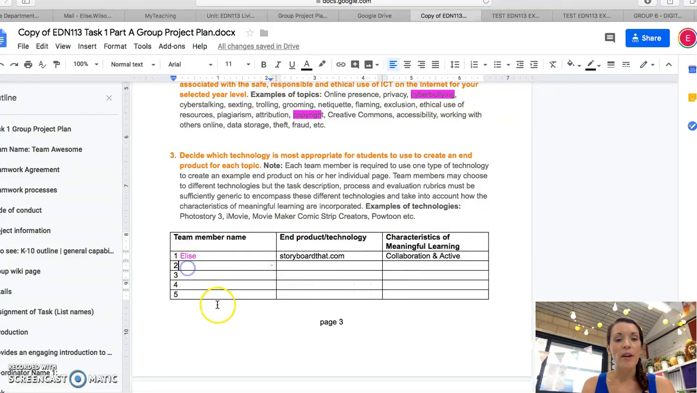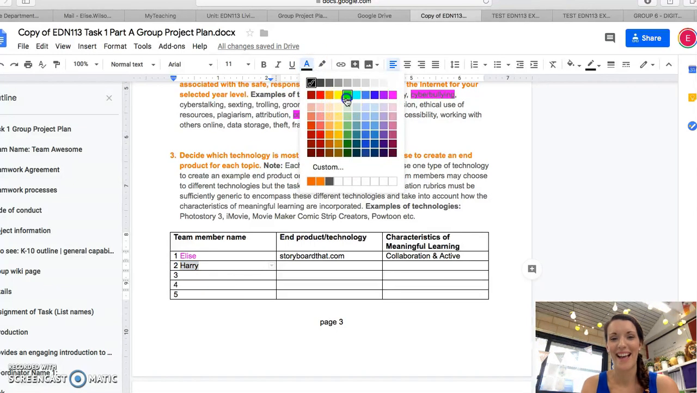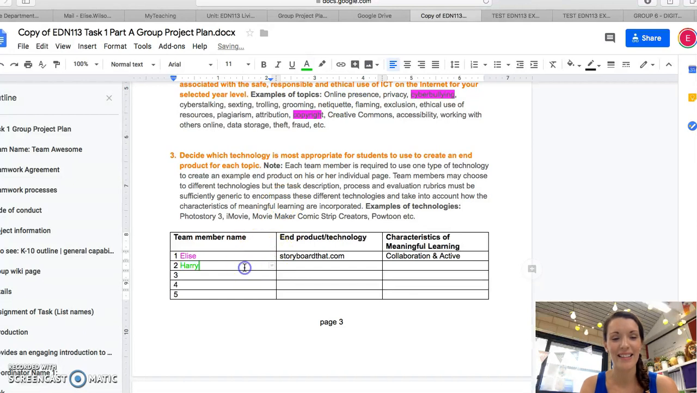So then my mate Harry, who is also in my group, don't mind me, I'm just spurting off everyone's names as I remember them in our class. Harry's green. Harry's decided that he's going